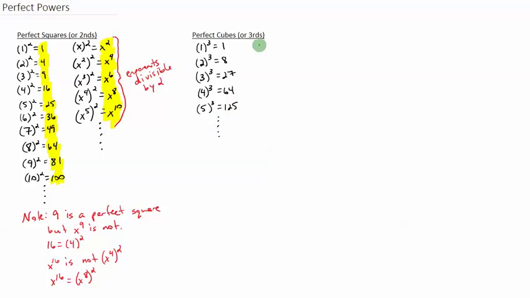Now let's do our variables list. If I take x and cube it, I get x cubed. If I take x squared and cube it, I get x to the 6th. X cubed to the 3rd is x to the 9th. X to the 4th to the 3rd is x to the 12th. So you see all of our perfect cubes come from cubing things. So our perfect cubes are what we have in these two lists, the results of cubing things. And of course, you notice the pattern here for your variables, the exponents